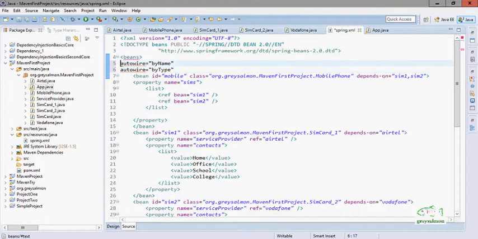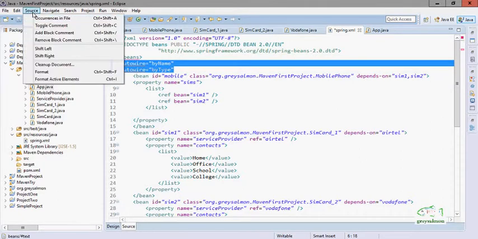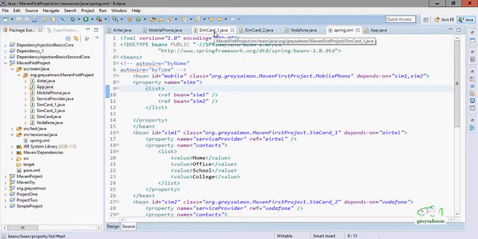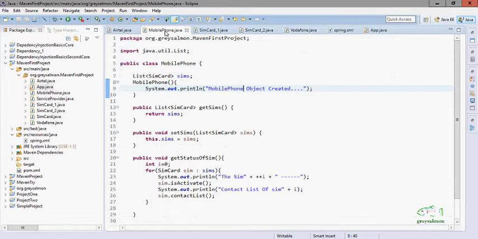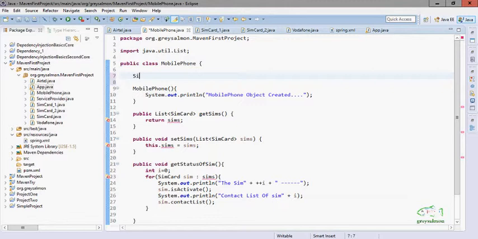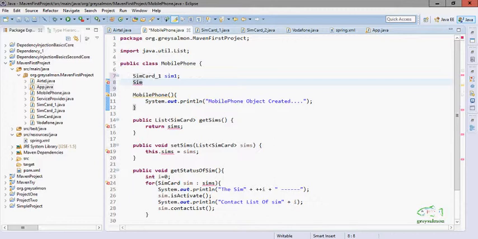So in this application, to use this autowire property, we have to make some changes to our application. As we have created this class MobilePhone, instead of having this collection, it will have two SIM cards: the instance of SIMCard1 named sim1, and the second SIM card, SIMCard2, with the instance named sim2.